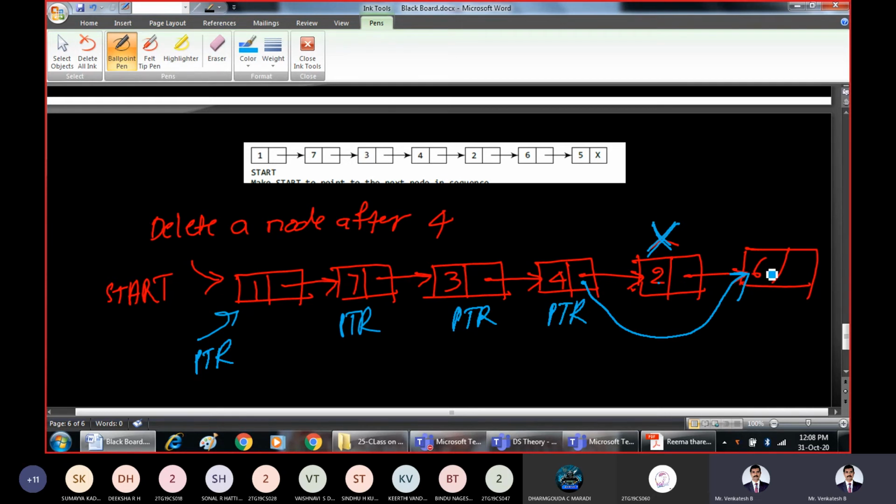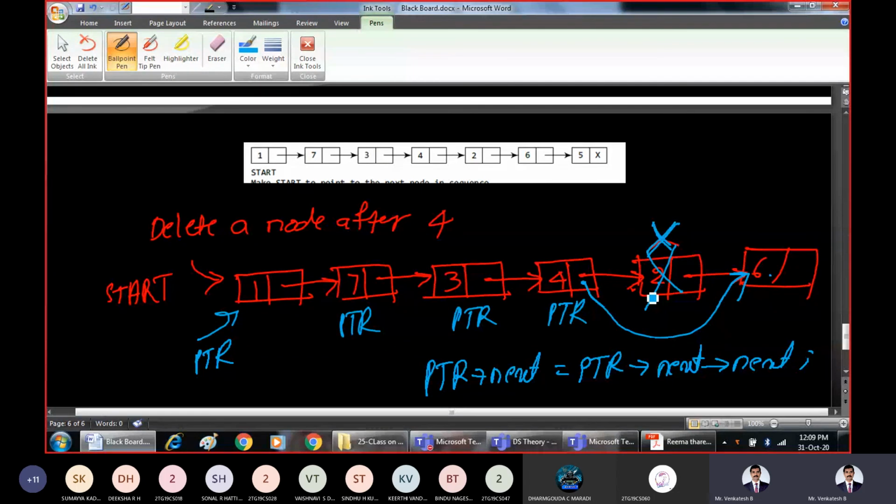That is 6. So make PTR pointer next point to this node. This node is identified by PTR pointer next pointer next. That's it. So we have just deleted this node successfully.